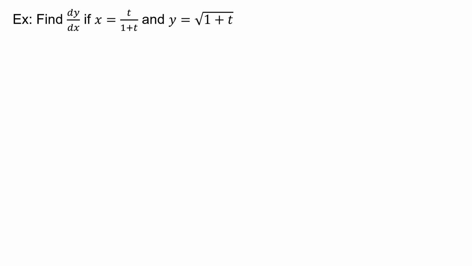So this says find dy/dx if you know x equals t over 1 plus t and y equals the square root of 1 plus t. And so remember, your dy/dx will be dy/dt divided by dx/dt. So what I want to do is kind of go off to the side and find these two derivatives, this dy/dt and this dx/dt. I'm going to start with the x. So your dx/dt